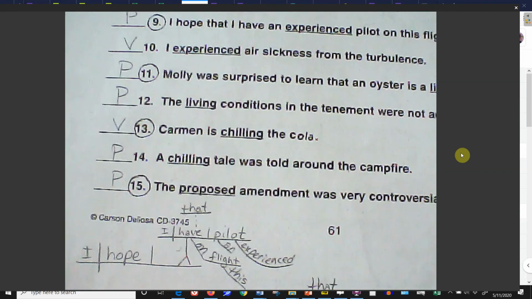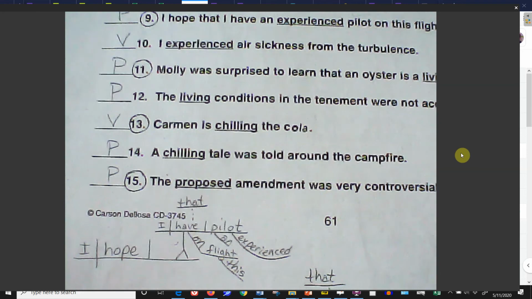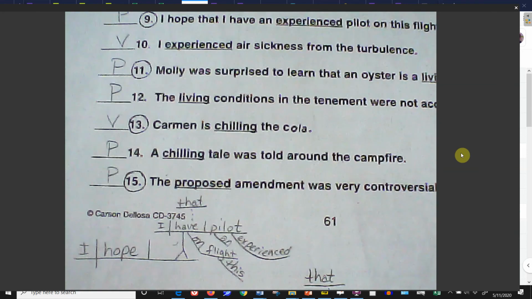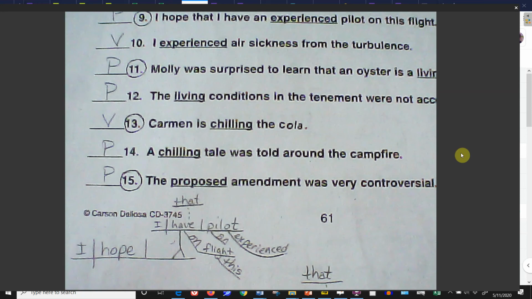And here come some diagrams. The first two are admittedly intense, okay? So if you did not get the first two completely right, don't fret that at all. If you didn't get the last two right, you should be fretting a little bit because they're pretty easy. But this first one,